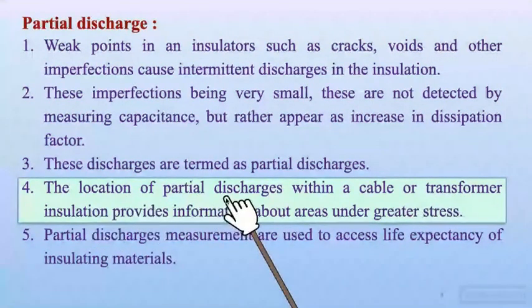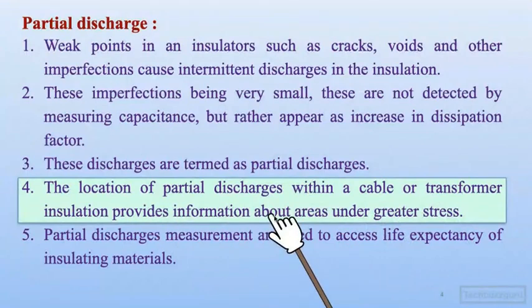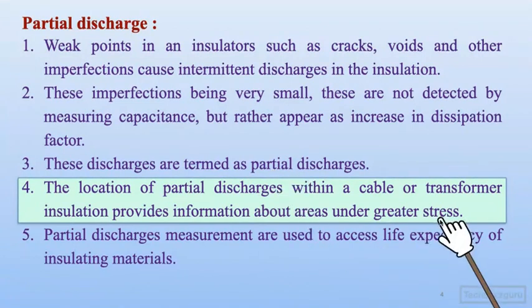So if partial discharges are present within cable and transformer insulation, and if we are able to detect them, naturally we will be able to find out the portion of insulation which is under greater stress. जहां भी partial discharge होंगे, जिस लोकेशन पे जहां पे भी जैसे एक बड़ा इंसुलेटर उसके कुछ पार्ट में अगर voids प्रेजेंट है या imperfection प्रेजेंट है, there the electric stress will be greater. Due to imperfections, there will be greater electric stress in parts of transformer or cable insulation.